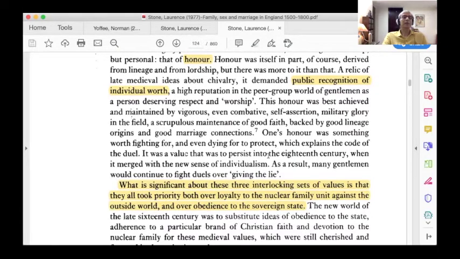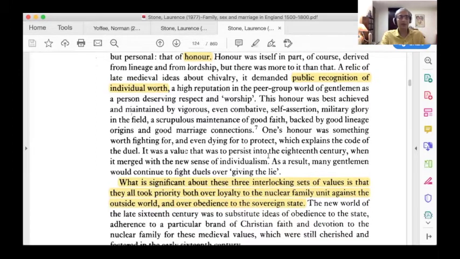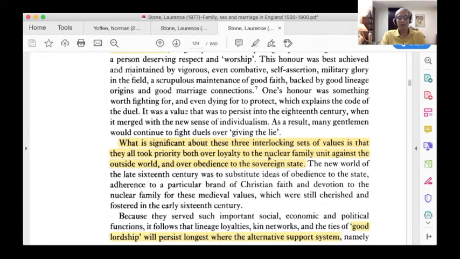So people, you might be familiar with the Hindi phrase "izzat ka sawal." These are parallels, but not identical terms, right? This idea of personal honor, that your dignity shall not be trampled upon. These are all the sorts of medieval ideas that were very important.